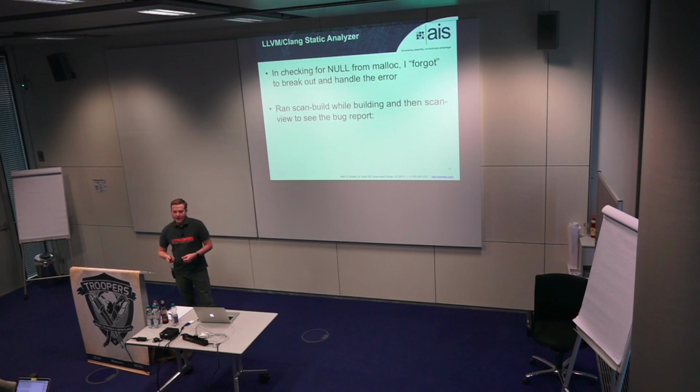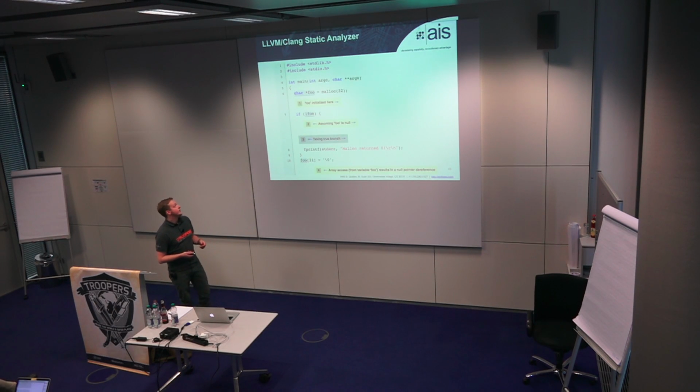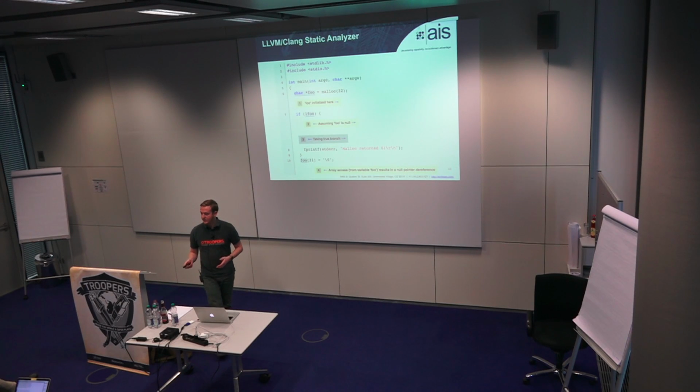I was writing some software in C, and I forgot to break out when my malloc call returned null. I ran it, and it said there's a bug right there. I malloc some memory, and if it's not there I printed that it returned 0, but forgot to actually exit. Further down it saw that I was dereferencing it, and I was able to catch that without having to execute anything. This is just one of many classes of mistakes it will catch, and they're always adding more.